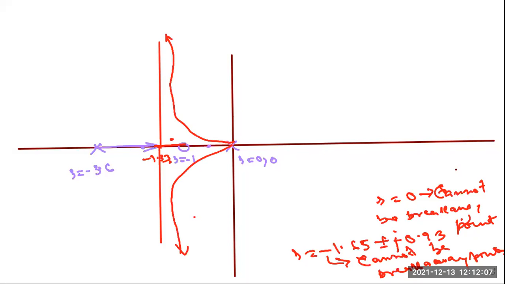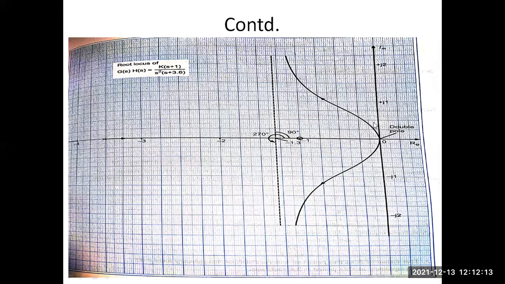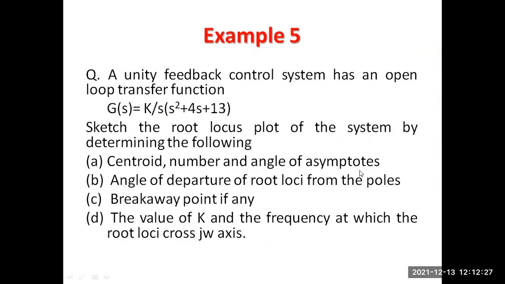Yes, sir. Any doubt? So this is the asymptotic angle, that is 90 degree and 270 degree, and this way the root locus will follow the asymptotic path. Okay. Now, next example, that is a unity feedback control system has an open loop transfer function